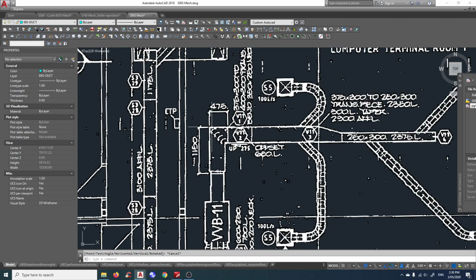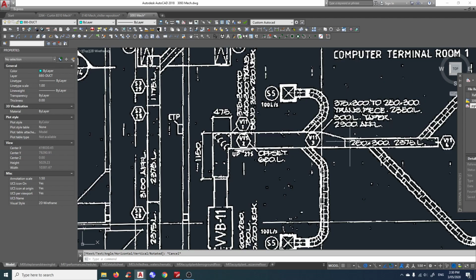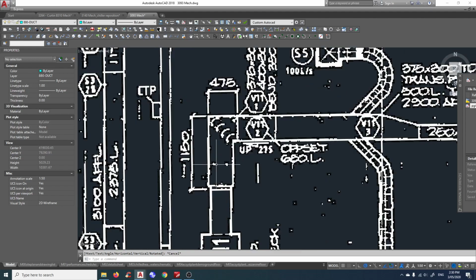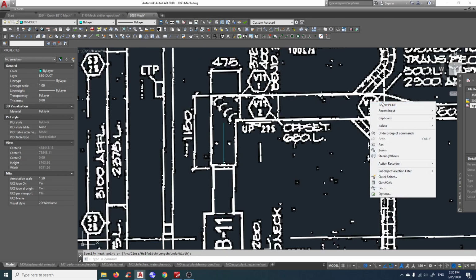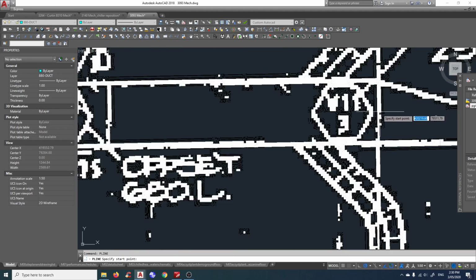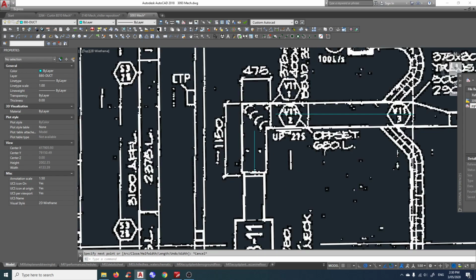Now the best way to draw ductwork is to draw a center line. So you can see here the duct is 375 by 300 to 250 by 300. So this little duct is 250 by 300. This big duct is 375 by 300. So try your best to draw a line from the center of this duct like that. You don't have to finish it, and then maybe from that side. Okay,